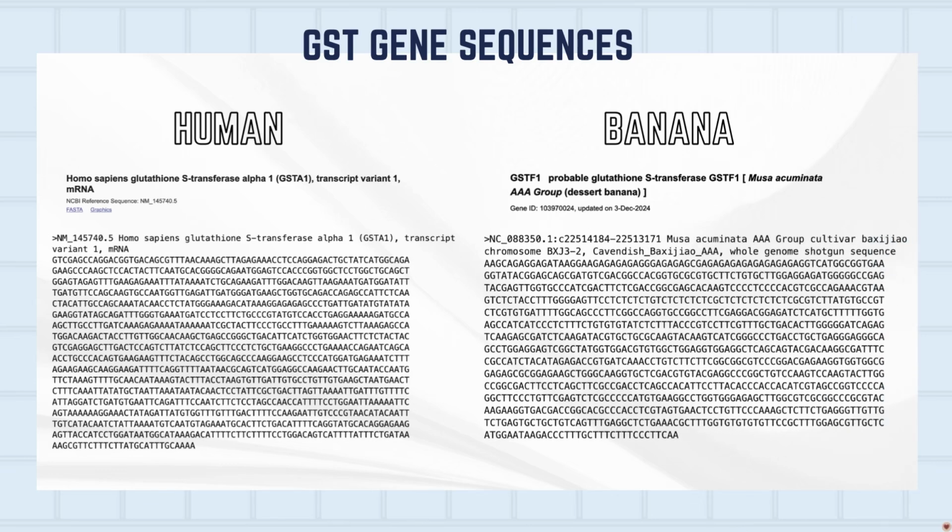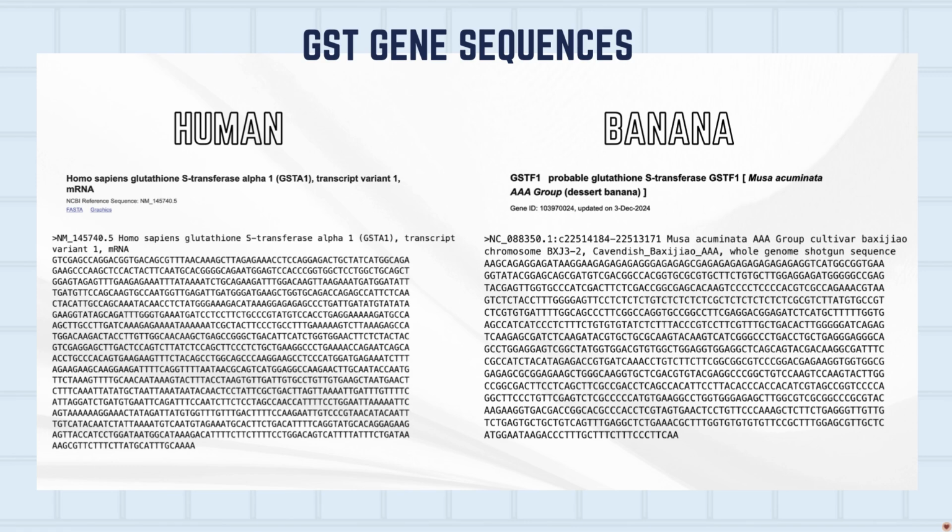Now that we have done the experiment for human DNA extraction and banana DNA extraction, we will move on to the GST gene sequence. So on the left is the human GST gene. It's called glutathione S transferase alpha 1, or GSTA1. The sequence shown here is the mRNA version from the NCBI database and is the first transcript variant of the